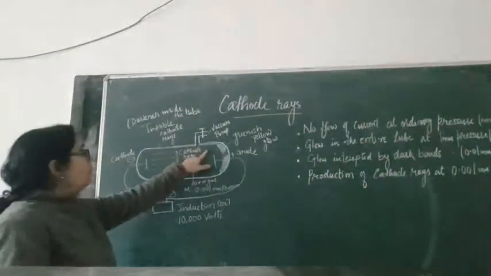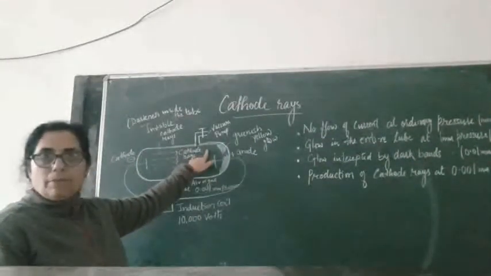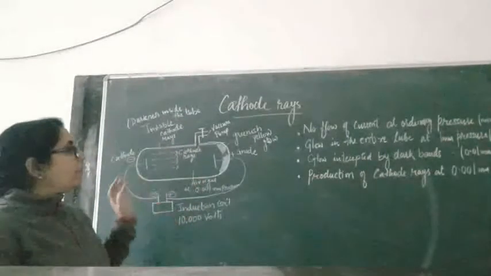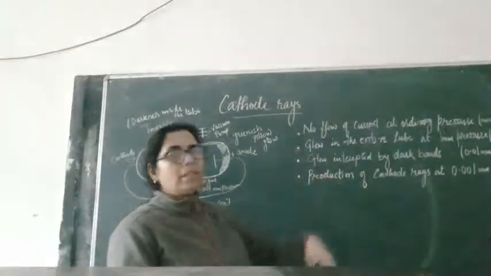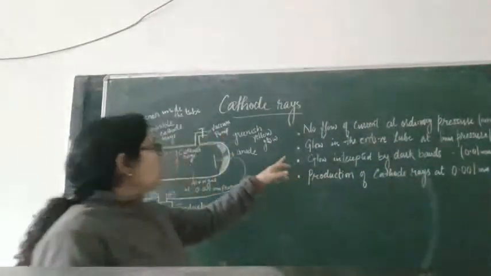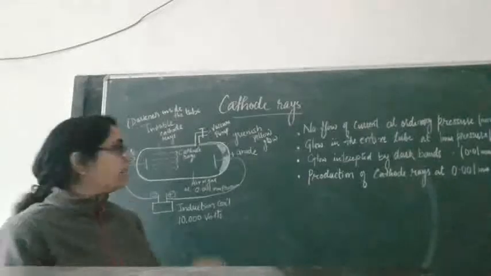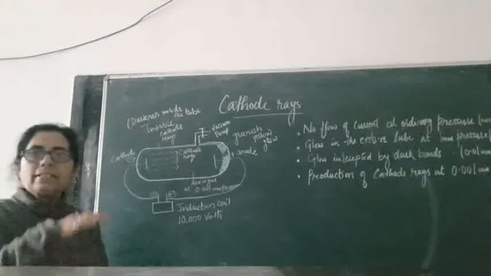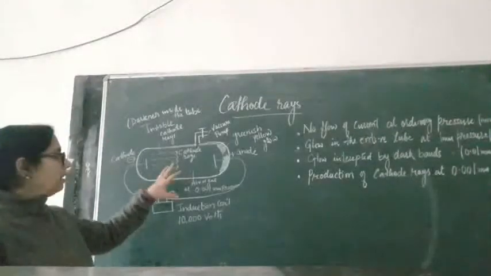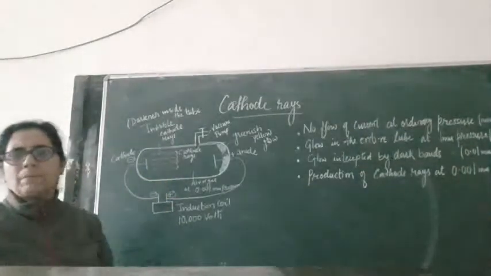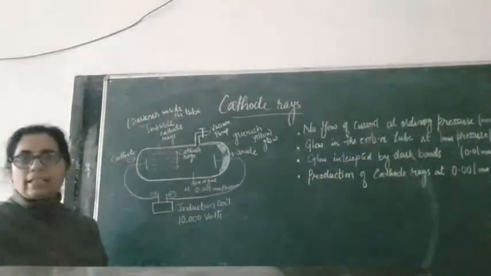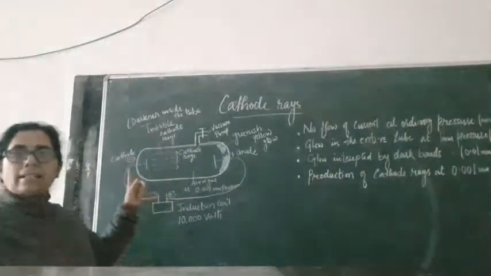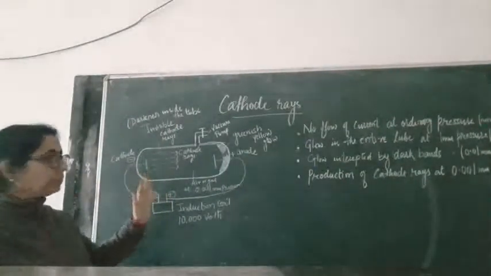But when we reduce the pressure with the help of this vacuum pump to about 1 mm of mercury, you will see there is a glow in the entire discharge tube. The discharge tube starts glowing as the pressure has been decreased and some gas has been taken out, and the remaining gas particles start glowing as some rays are passing through.